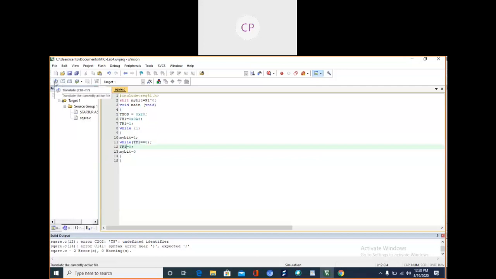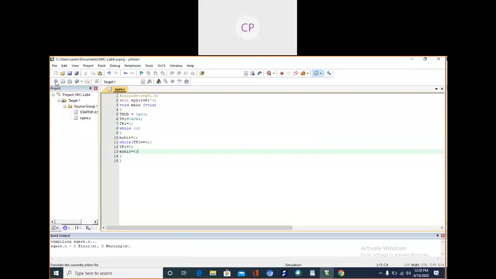Again I save it and translate it. One more error is there: on line 14, syntax error near hash, expected semicolon. So I think mybit is equal to 0; here the semicolon is missing. Then I save it.